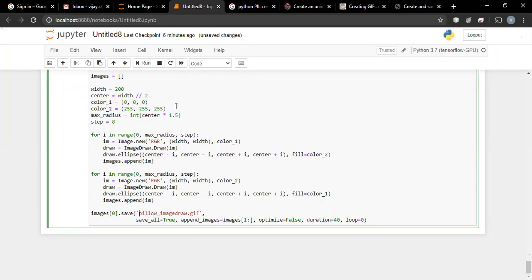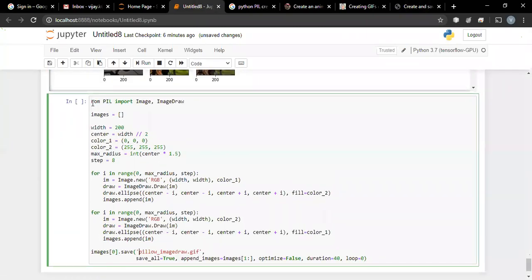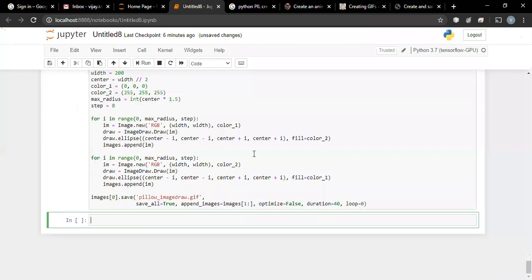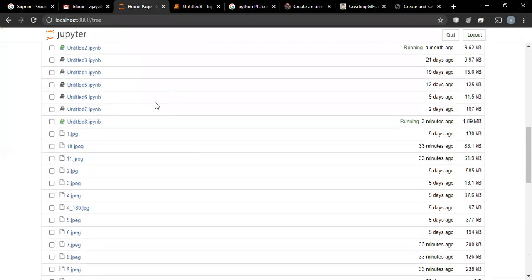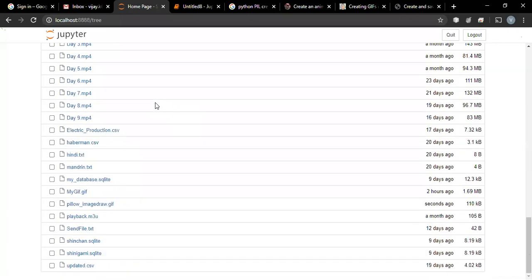So what we are doing over here, there is no output, but there should be a pillow image GIF that is created. Let us see whether the image is created or not. It will be somewhere in my folder over here.